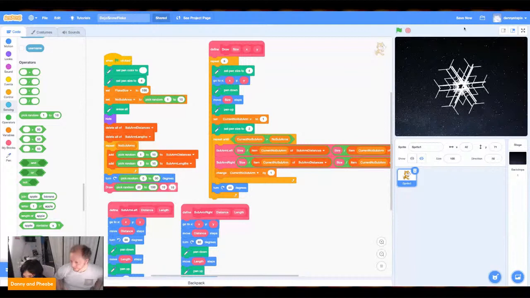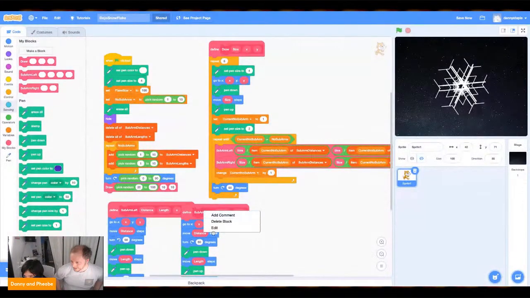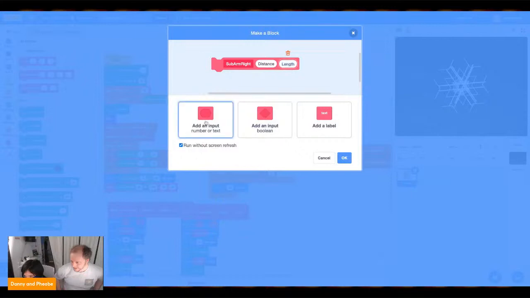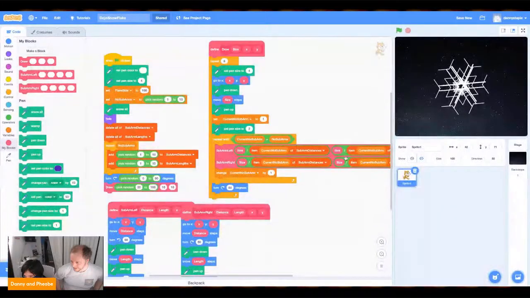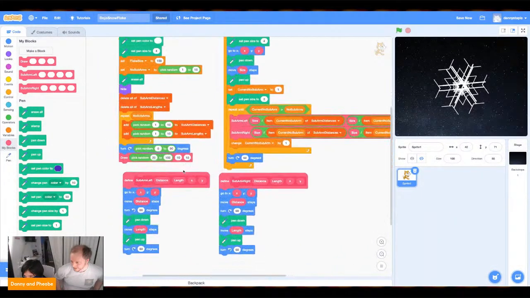So what we're going to need to do is take the first sub, left arm, edit it, and add an X and Y input to it. Parameter input, same diff, I guess. X, Y. And do the same for the other one. X, Y. There we go. You have to drag them apart because they're overlapping. All right, that's cool. And if you run that,